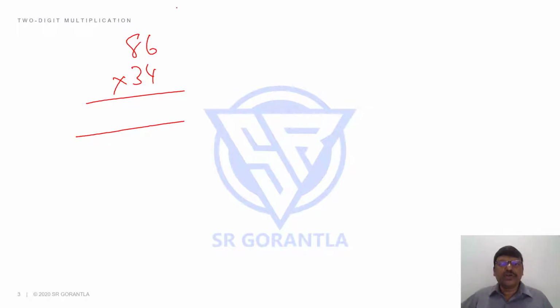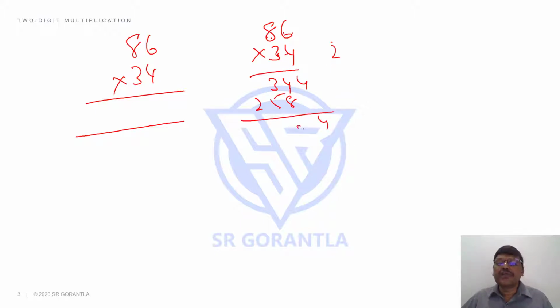Yes, I'm sure if I allow you to write down, many of us can always do like this. 4 into 6, 24, 2 carried, 4 into 8, 32 plus 2, 34. 3 into 6, 18, 1 carried, 3 into 8, 24 plus 1, 25, 4 8 plus 4, 12, 9 2 4 you can say. But without writing these two lines, I expect you to answer the question straight away. How can we do this, students?